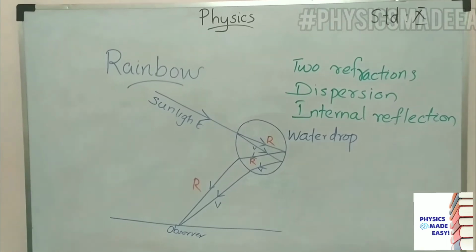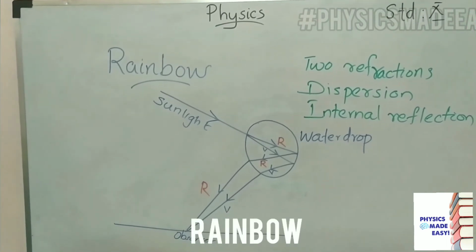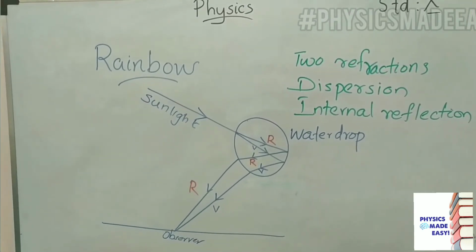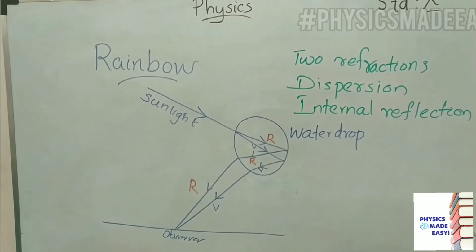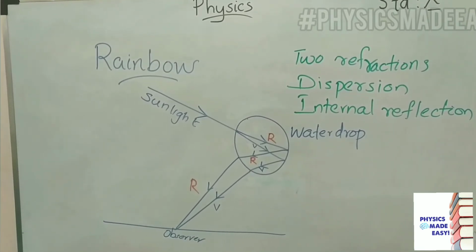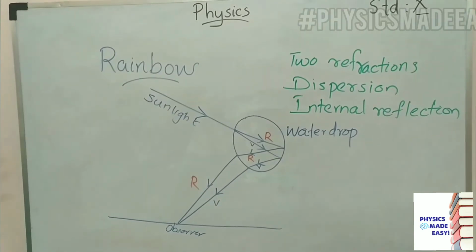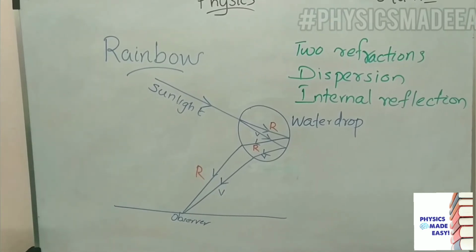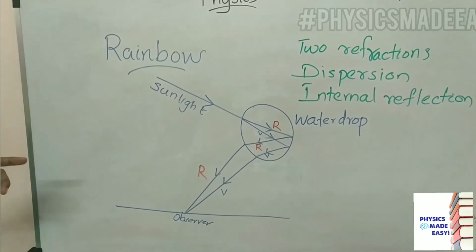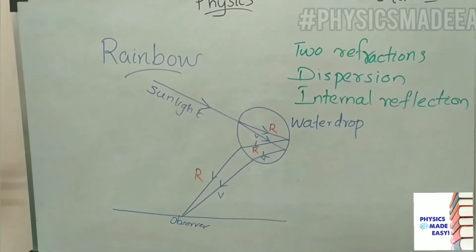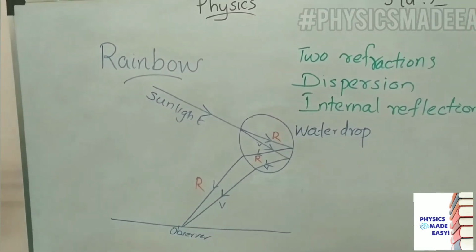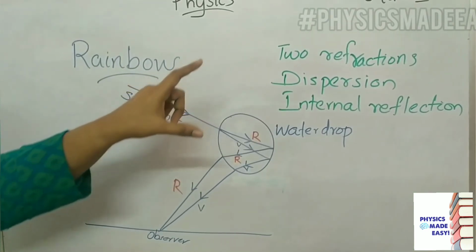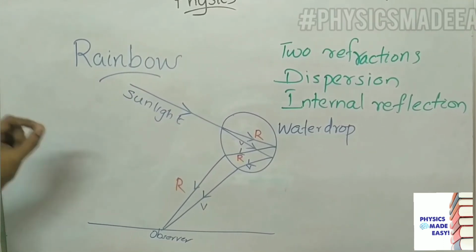Next we are going to discuss rainbow formation. Children, you know in a rainbow we can see different colors, a band of colors. This we studied now, what is dispersion. When a ray of light passes through a prism, the prism can split the white light into 7 colors. Here also the same thing is happening. After a rain shower a lot of water droplets are suspended in the atmosphere. Each water droplet acts as a small prism.